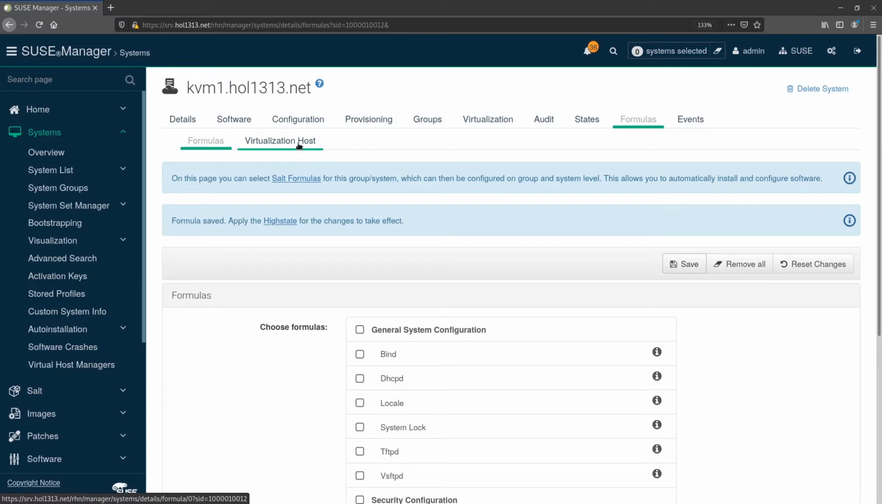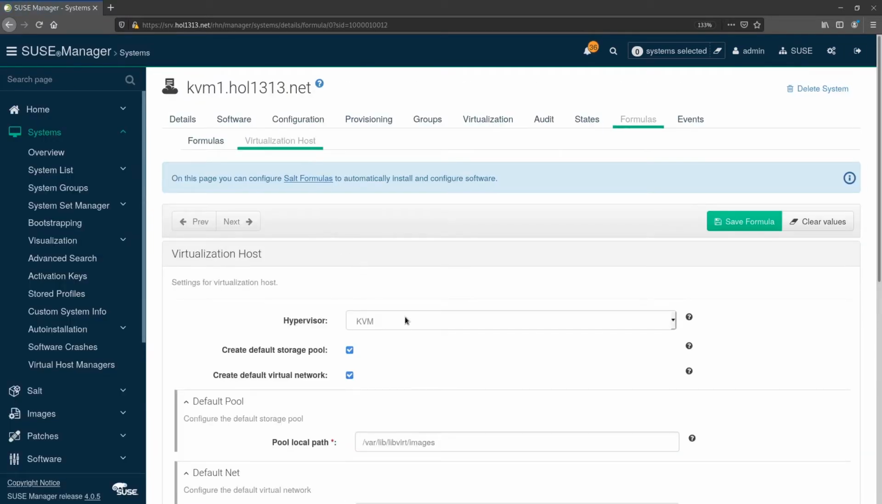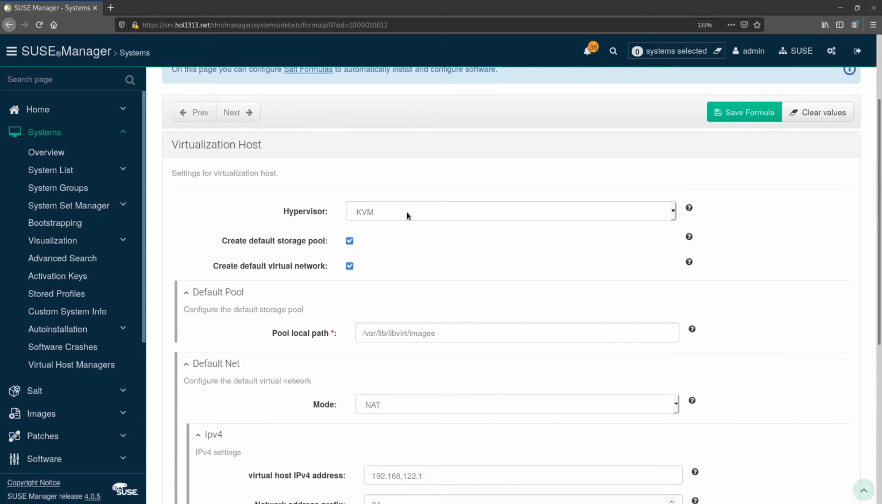This added a virtualization host tab here, and there you have a few properties that you can change to set up the virtual host. So here we'll select the KVM, but you can have a Xen. You can enable default storage pool and network or not. Here we'll keep the default values for the storage pool,